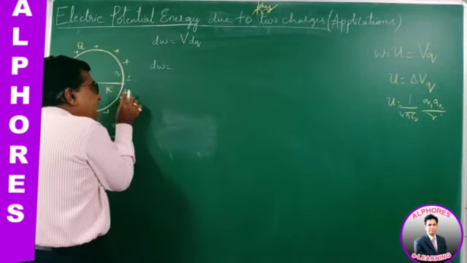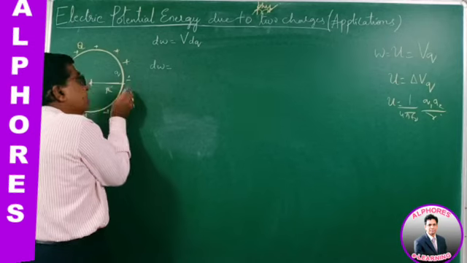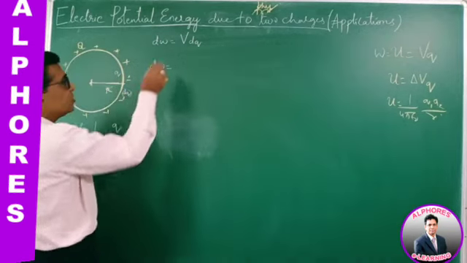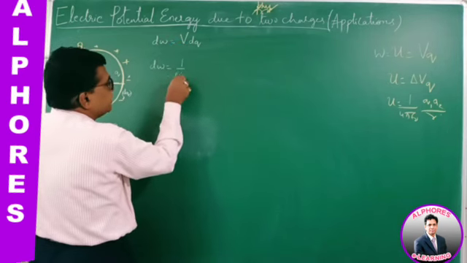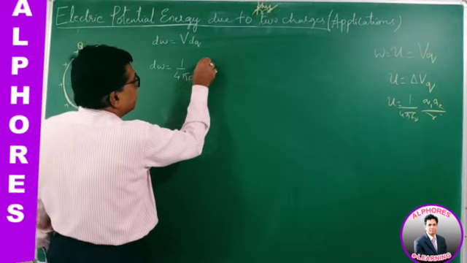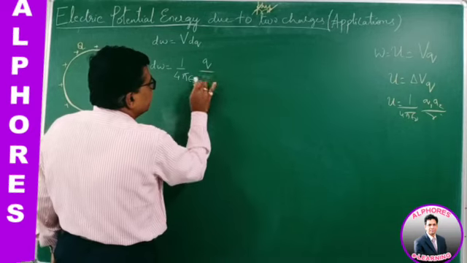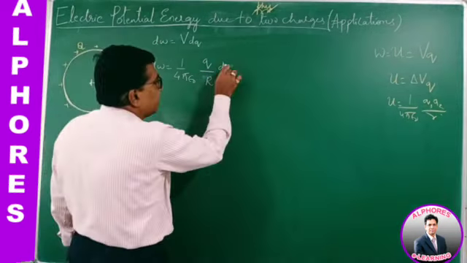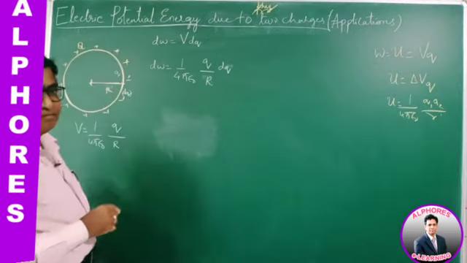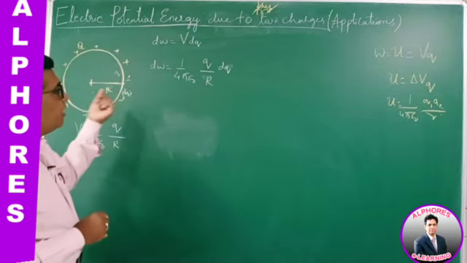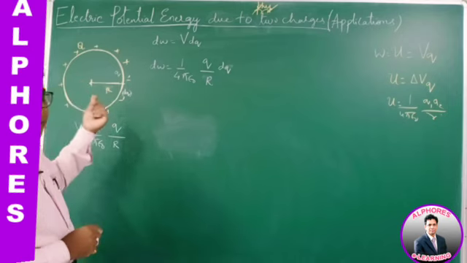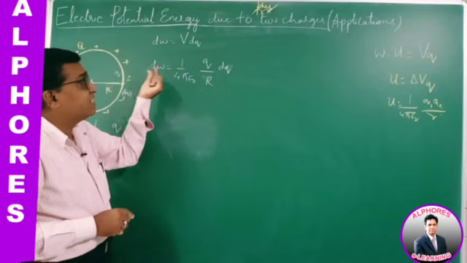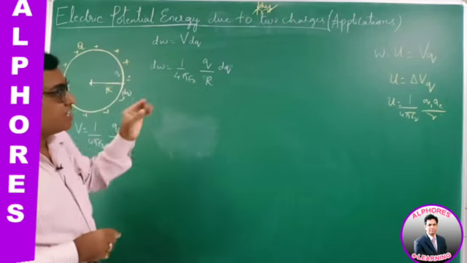So when I was adding this elementary charge dq, the already existing charge is q, and the potential of that charge at that instant is 1 by 4 pi epsilon naught, q by capital R, times dq. Now, this way I am adding elements of charge to it slowly, one by one. While adding this, the small work done while adding the small elementary charge is this.